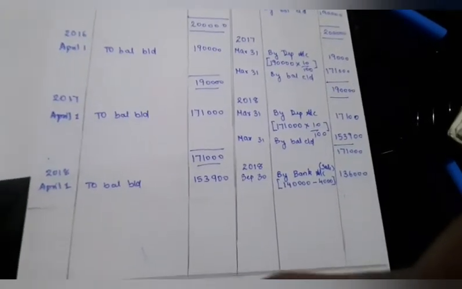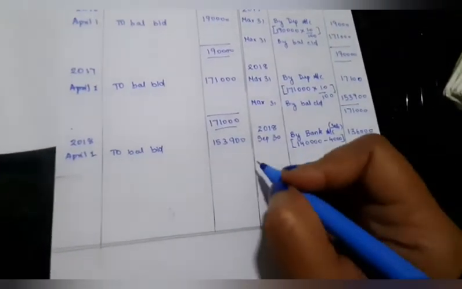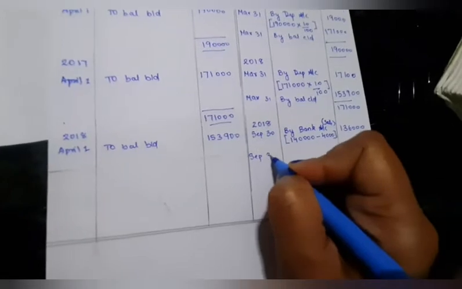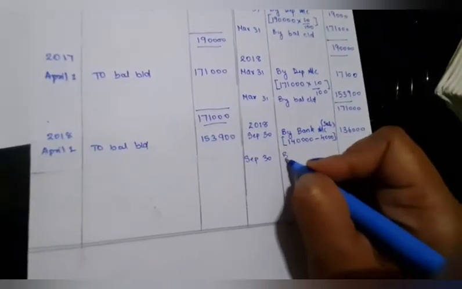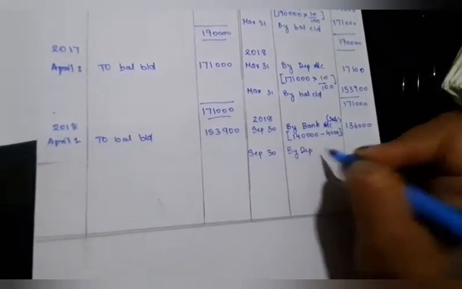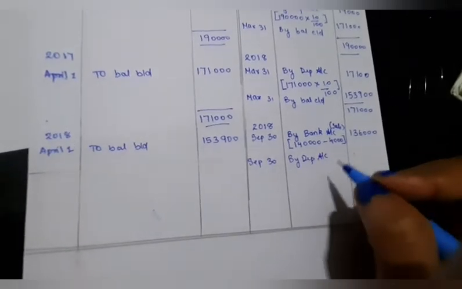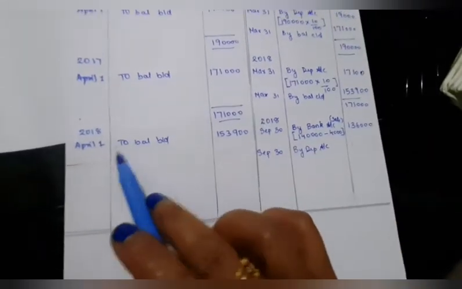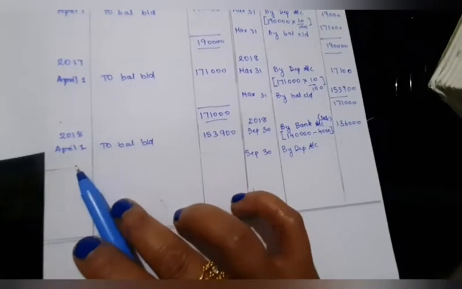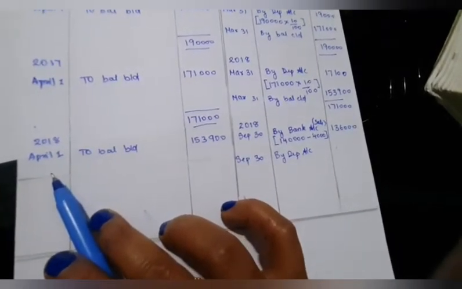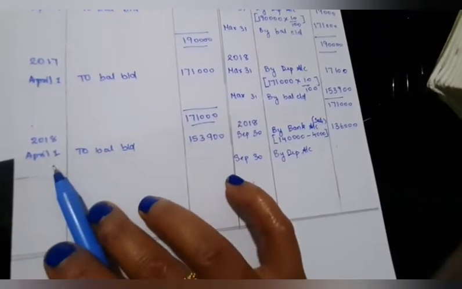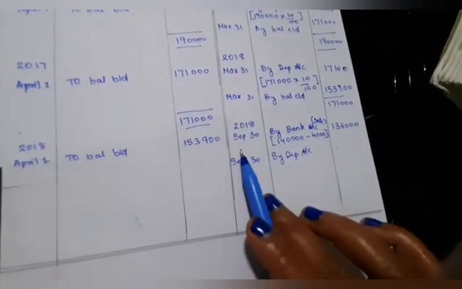So students, you saw the sales value of this machinery. Now on September 30th, the second entry is charging of depreciation. By the depreciation account, we are charging this depreciation for 6 months. You can see the 1st April was the date of our next financial year, from April 1 to 30th September.